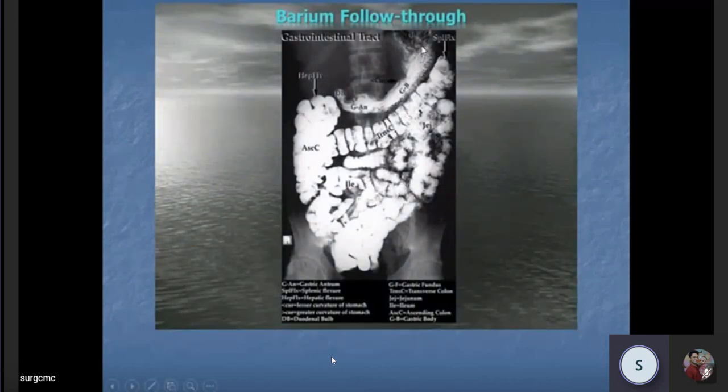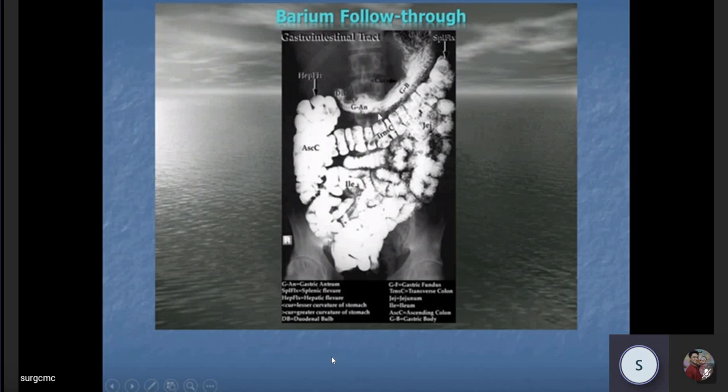And dye is given. This is the stomach. Dye has gone into the jejunum, these fluffy opacities. The valvulae conniventes, you remember, the fluffy opacities are the jejunum, please remember. And then the dye has gone through the ileum into the ascending colon. Ascending colon going up, hepatic flexure. This is the transverse colon and it goes like this. So from this picture, can you see the haustration are very clearly marked.